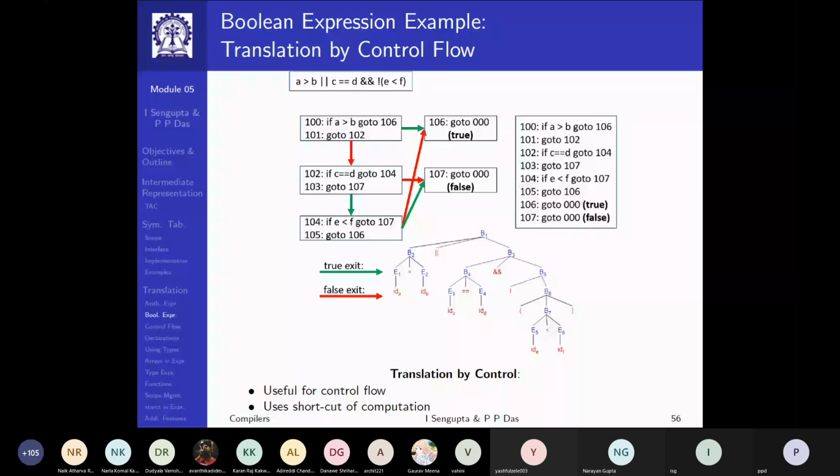Now there is a question. Shubham had a question: isn't it creating more number of instructions? Let it create more number of instructions. You are not optimizing footprint, you are optimizing time. So the faster the execution is what we are looking at.